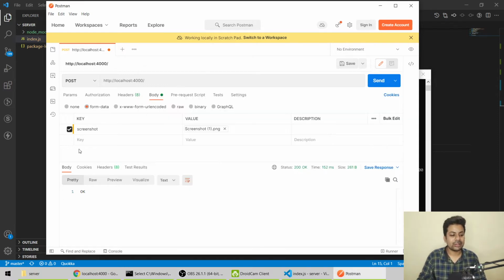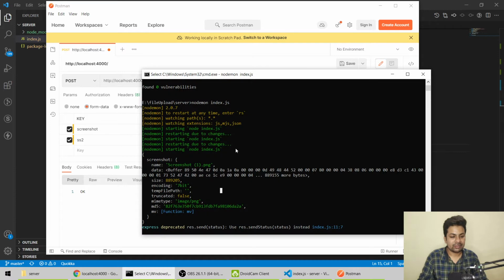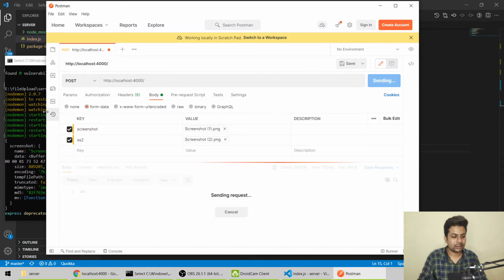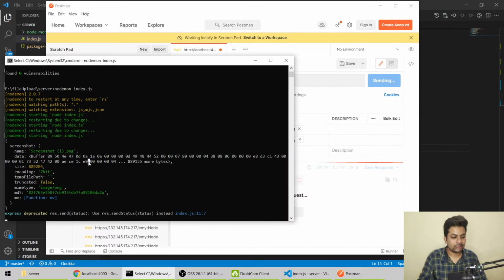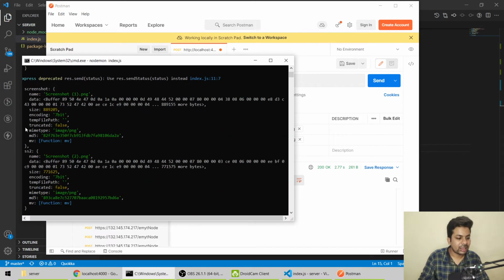So if I choose another file also, ss2, screenshot 2, I'll select the second screenshot and show you. This time it's printing two data.